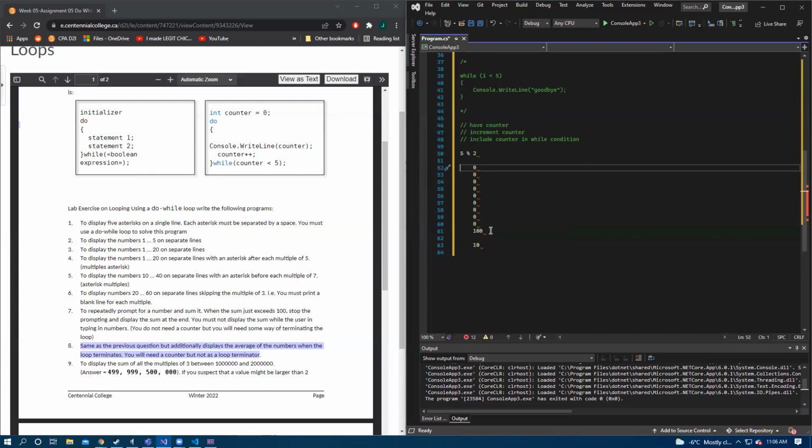So we still need to count how many numbers they put in, but it doesn't end the loop. Then should it be equal to 100 or should it exceed 100? Exceed. So like if they put in 150 or whatever. It should be like something like 101 or more, right? Yeah. So like when your incremented sum is greater than 100. Does that make sense?